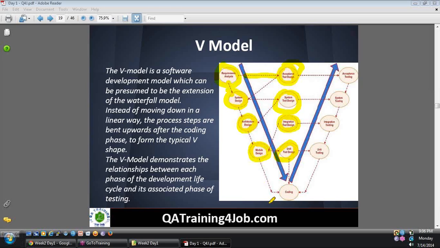Once a module is designed, now the coding starts. How to design the module will be discussed here, and what units and how they have to be done will be done in the coding, one by one, unit by unit. Now coding is done for one unit, and unit testing will start for that particular unit. The moment multiple units are complete and that particular system is done, integration testing is done to make sure all the units are working in tandem